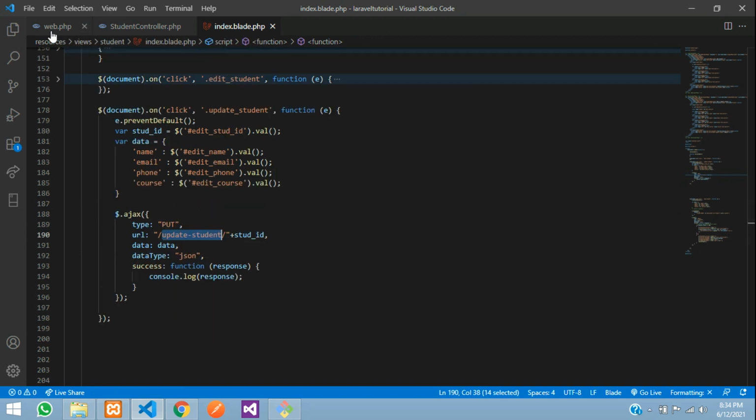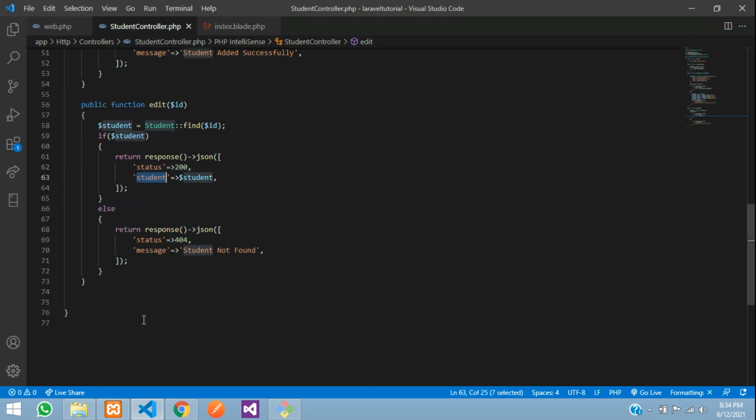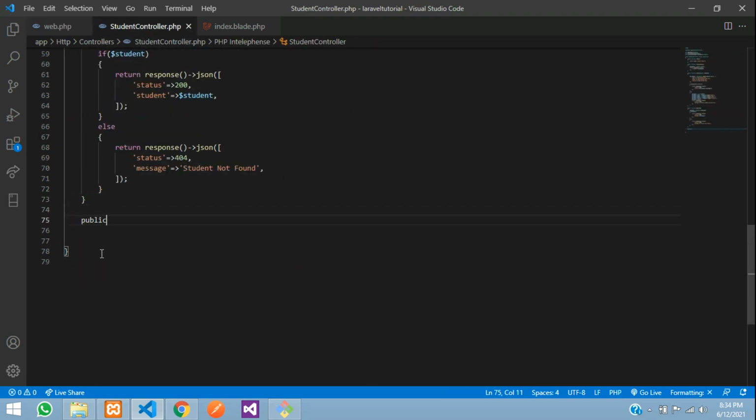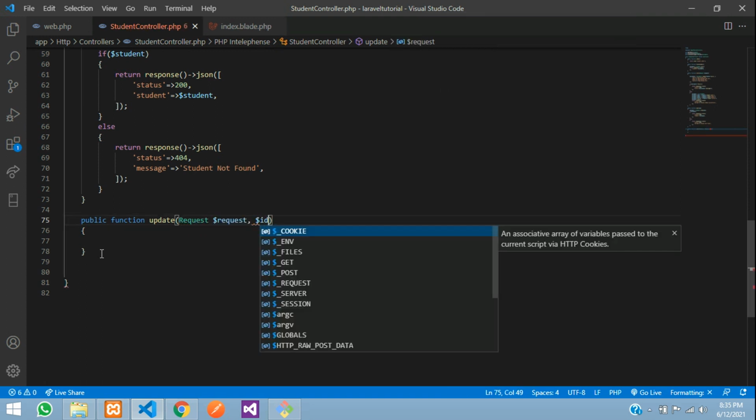So now guys, let's copy this and create a route. Route: put method. Okay, we have chosen put, and after this we are submitting the ID. So send the ID also, where you are going to a student controller. So let's copy the student controller and paste, where you are going to the update function. Copy and move to your student controller and create a simple public function update, and inside this update function you are getting the request, $request, with the ID also, $ID.